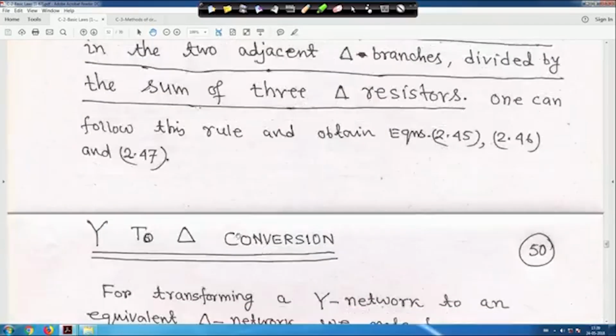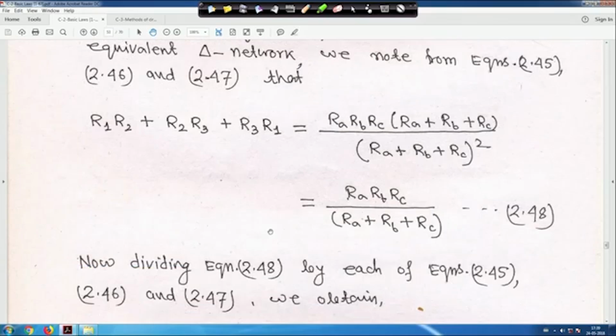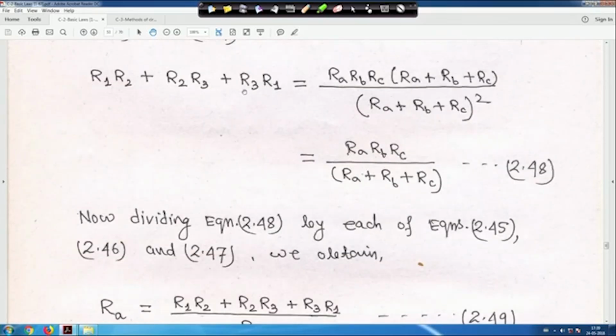If you do so and simplify, R1 R2 plus R2 R3 plus R3 R1 gives RA RB RC into RA plus RB plus RC upon RA plus RB plus RC whole square. So RA plus RB plus RC will cancel, and ultimately it becomes RA RB RC upon RA plus RB plus RC. Now dividing equation 48 by each of equations 45, 46 and 47, we will obtain